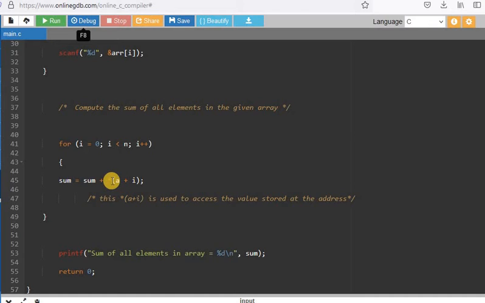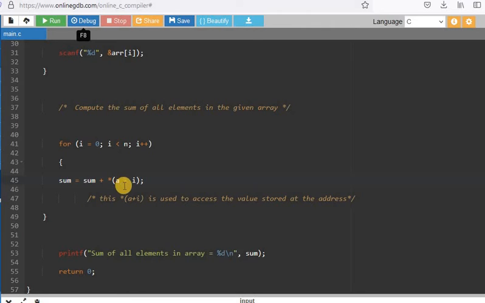Here star represents the value which is stored at this address. This is nothing but the address which I have highlighted, and the star means the value which is stored at this address. Now the first address, and it will add 1 to that address. After that i plus plus, now i becomes 1.